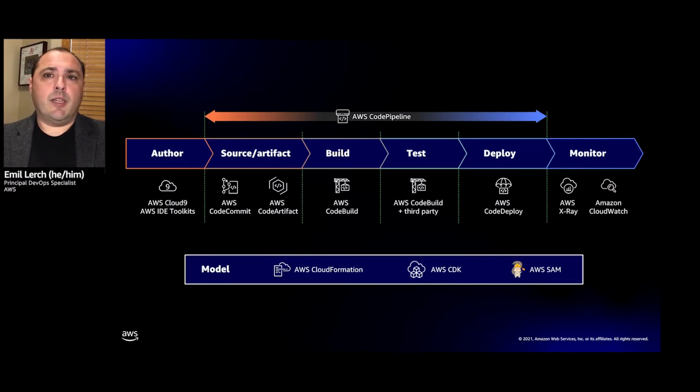Once the testing is complete, we'll need to deploy the code and then monitor it in production. As we see changes happening in production, we're going to want to react to that and bring that into our next iteration of development. And so that monitoring piece is going to be critical. There's a lot of moving pieces here. As we store the code, build the code, test the code, and deploy the code, we need a way to monitor that entire process and orchestrate it. And that's where we can use tools like AWS CodePipeline to be able to observe that process.